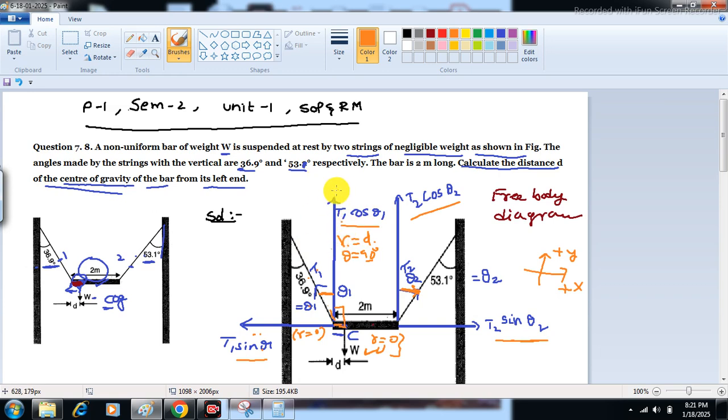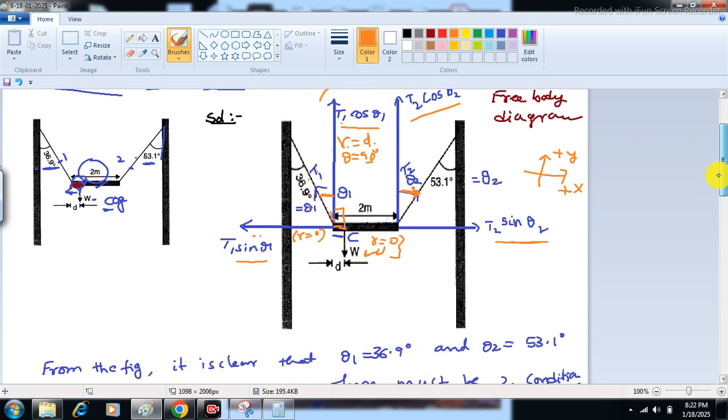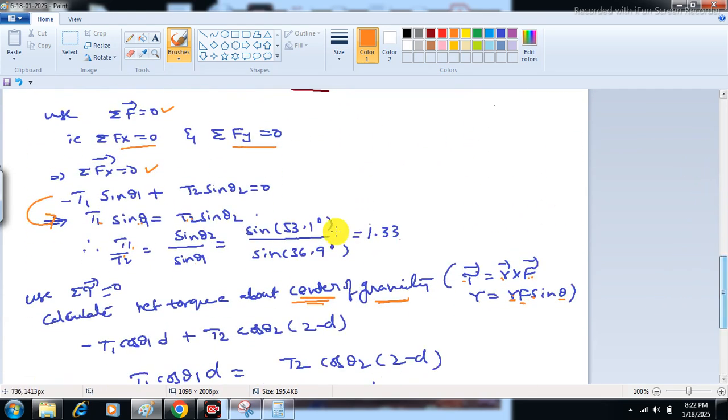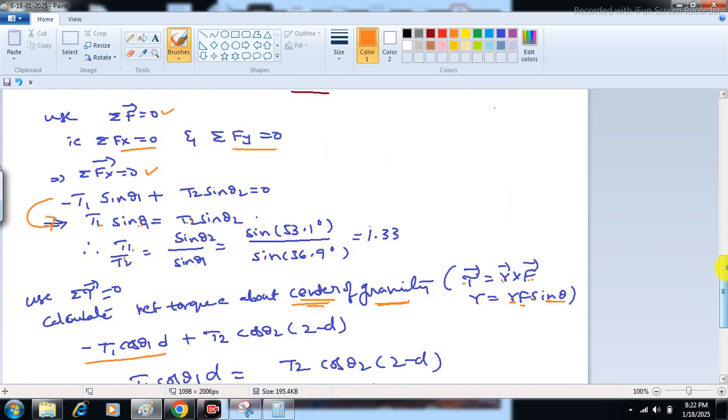But this force causes the body to rotate clockwise. So the torque due to this force is negative, because in the absence of all other forces it can rotate the rod in clockwise direction. So the torque due to this component T1 cos theta 1 is negative, that is equal to minus T1 cos theta 1, r replaced by d, and sine of 90 equal to 1. This is the torque due to T1 cos theta 1. And similarly,